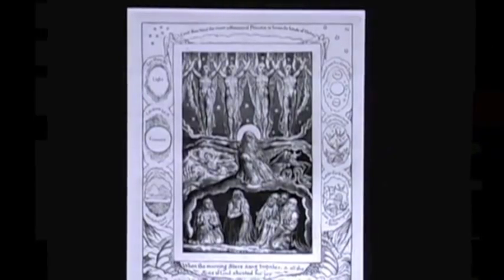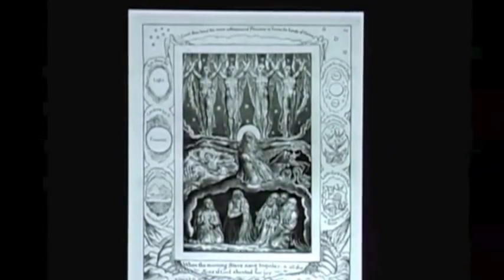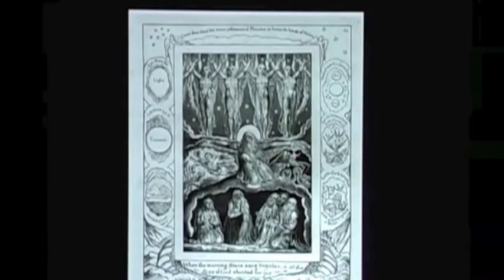This is the William Blake print from the Book of Job that was on the invitation. We are here to celebrate the 10th anniversary of the Harnett Print Study Center, to celebrate the incredible visual wealth of our collection of works on paper here at the University of Richmond, and to celebrate what this museum has accomplished for the cultural enrichment of our students, faculty, and staff, as well as for our greater Richmond community and